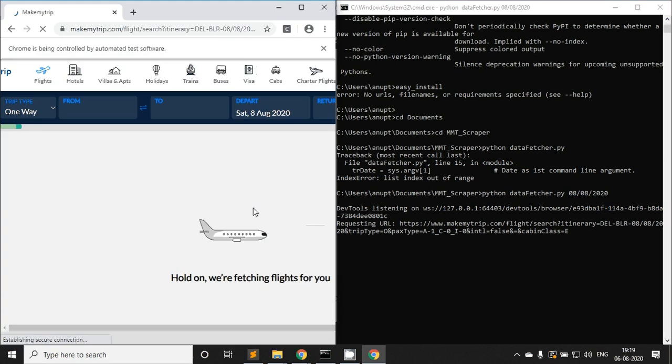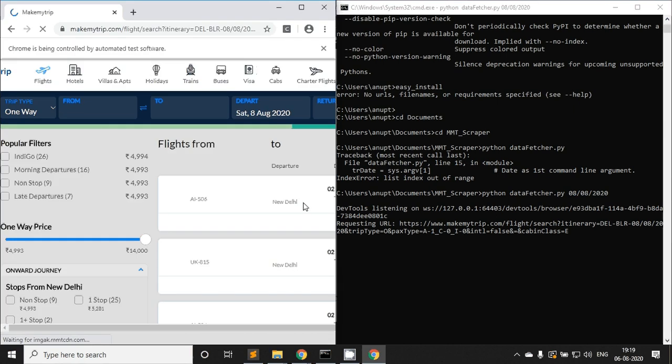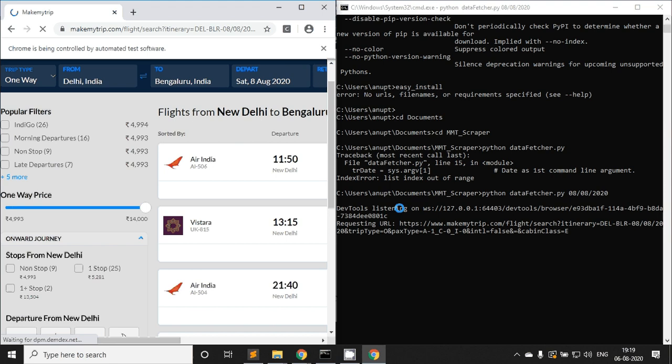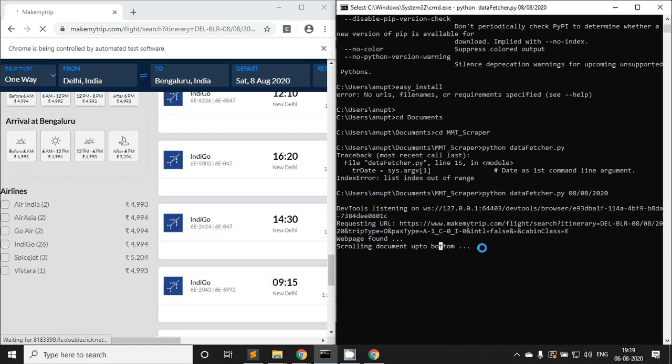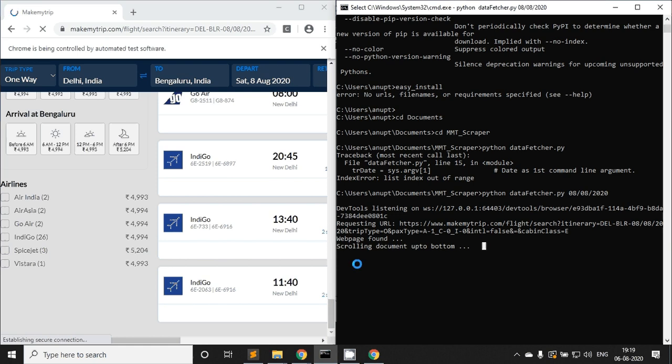It says that the web page is found. It is scrolling right now up to the bottom, and then it is waiting for something. Okay, still waiting.